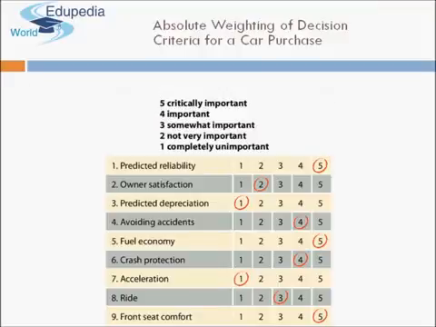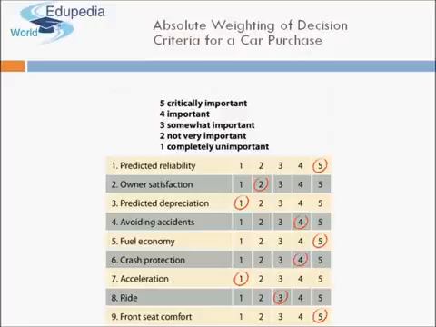Third is weighing the criteria: absolute comparisons and relative comparison. This is something that I would like to explain to you. Absolute comparison is like in this particular chart you can see that there are nine different criteria on the basis of which you can give weightage to these nine criteria. Now every criterion you can see is rated on a Likert scale, on a scale of 1 2 3 4 5. So maybe like predicted reliability you've given weightage of 5, owner satisfaction you've given a weightage of 2.